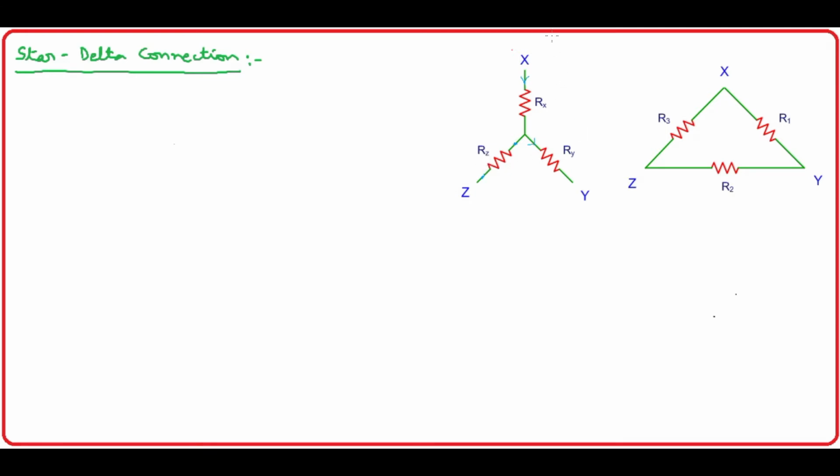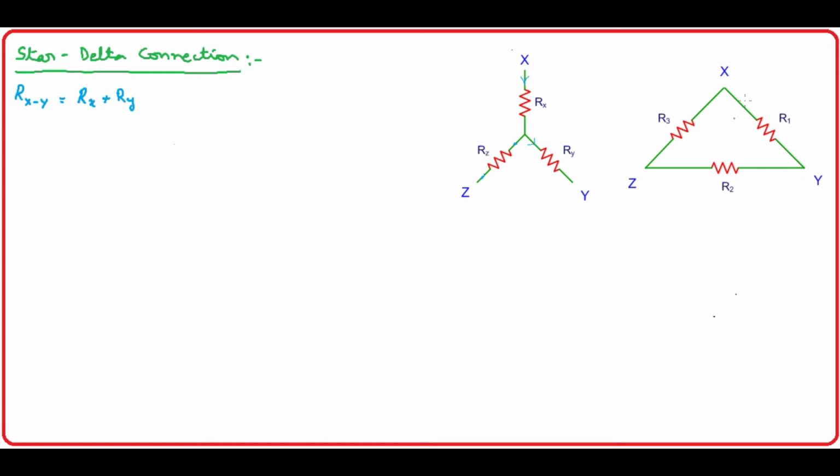So we can definitely say that capital R X to Y is equal to Rx and Ry only. So they are in series. So I can write it as Rx plus Ry. Okay, these two.